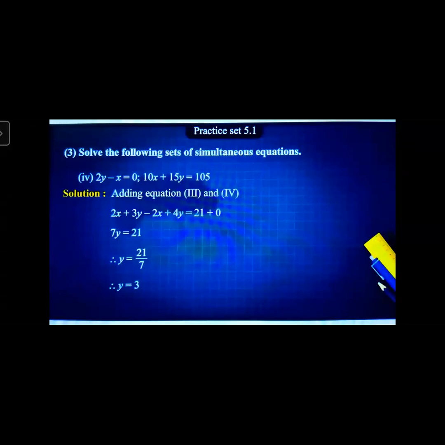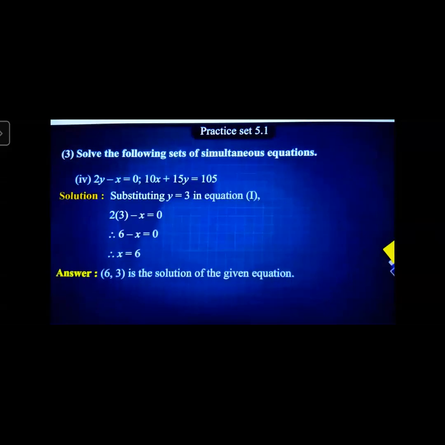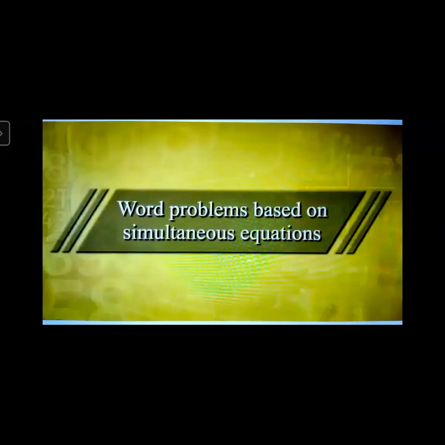Example 1, example 2, example 3. Example 4 is your activity. One kind of activity is given, and on page number 90, activity 1 is there, the "I am a rectangle" activity. So we are going to do these. Before that, we have to see some steps to find out the solution of word problems.